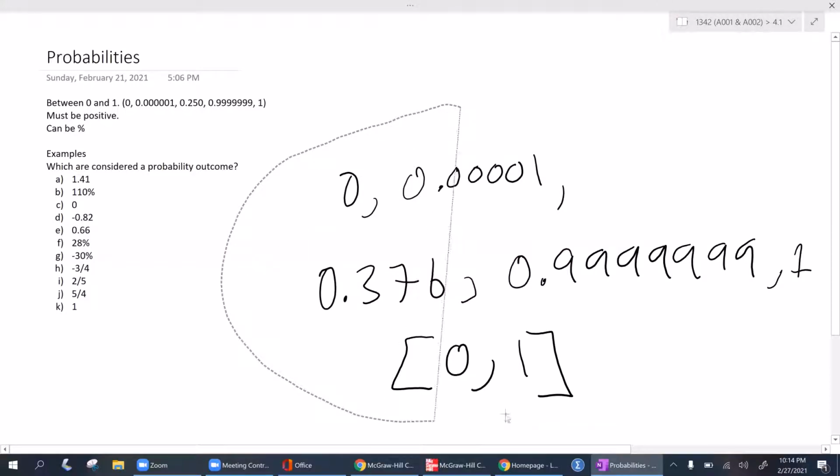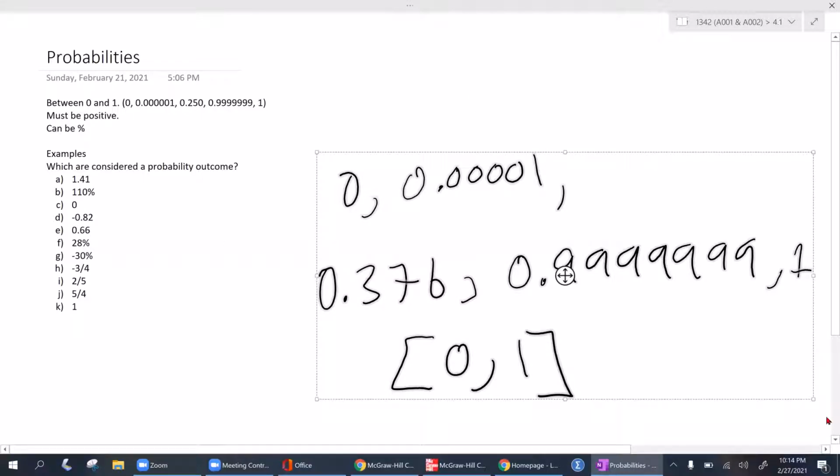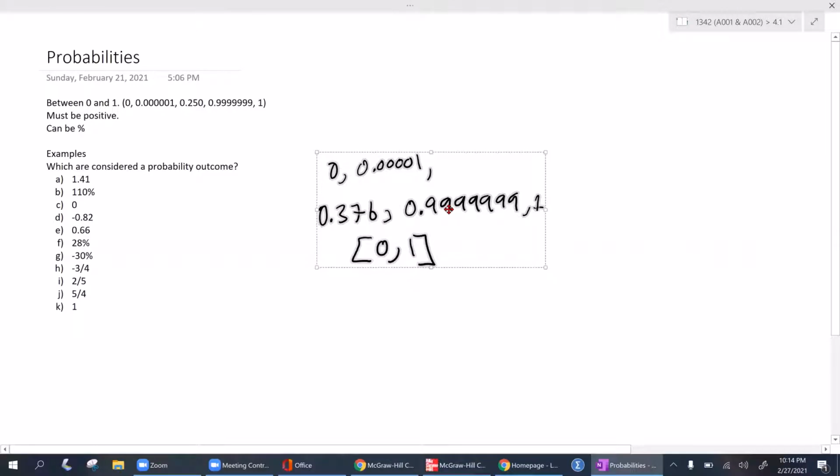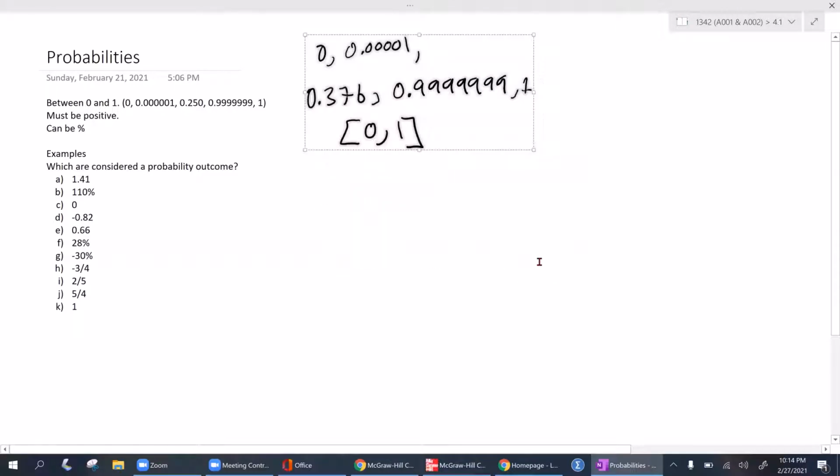Like we mentioned, they also have to be positive. You cannot have a negative probability. That's going to be a positive probability. Another thing to know is that you can turn these decimals into percentages. For example,